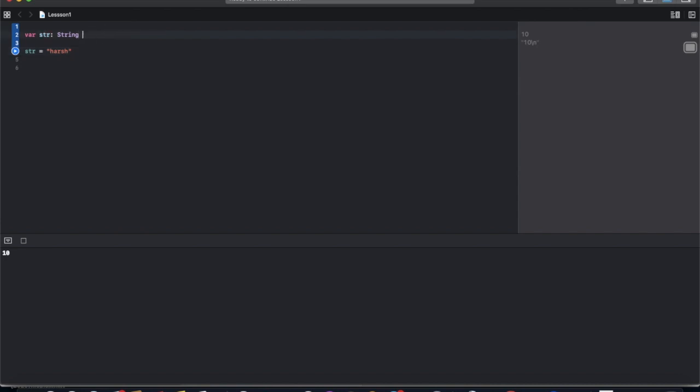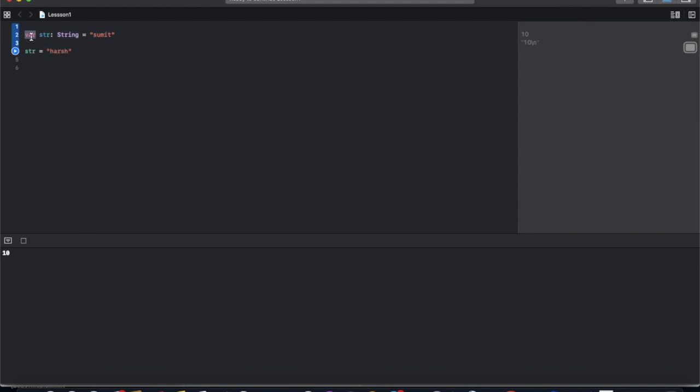Also we can provide here Sumit. Like we read previously, var tells it's a variable, then the name of the variable, the type of the variable, and the initial value of the variable. Because it is a variable, we can change the value. So here we can change the value.